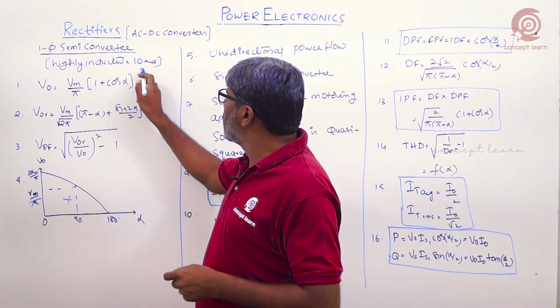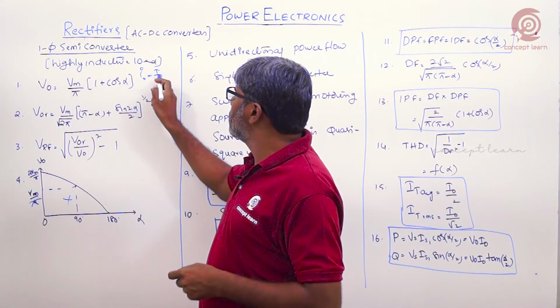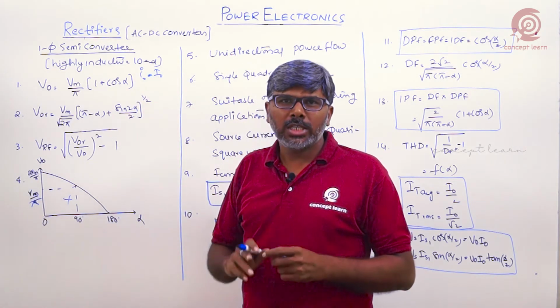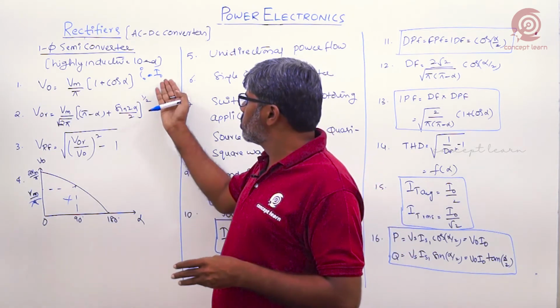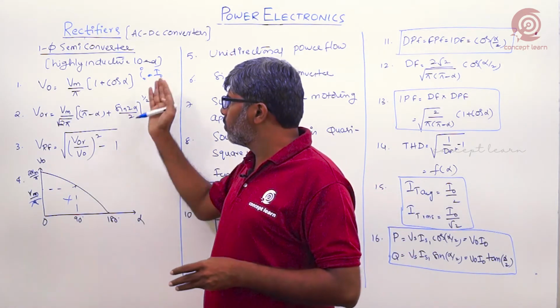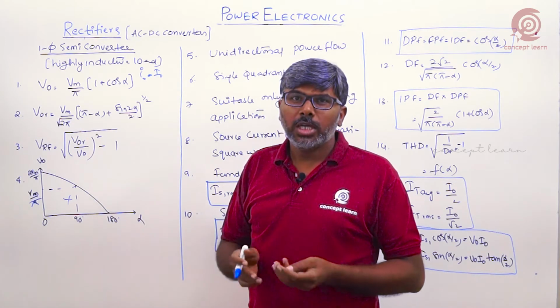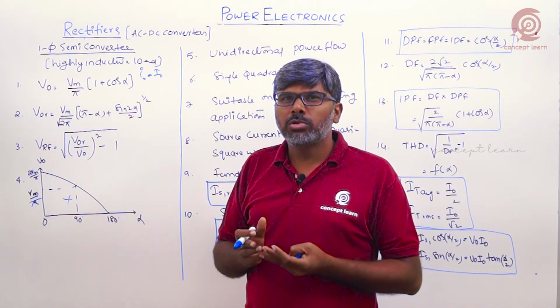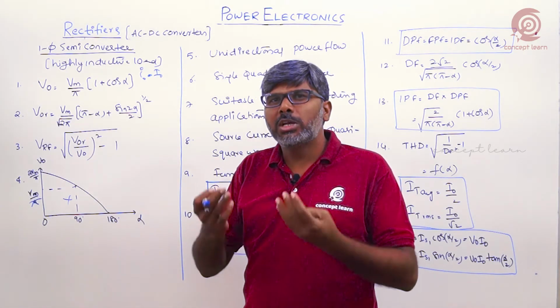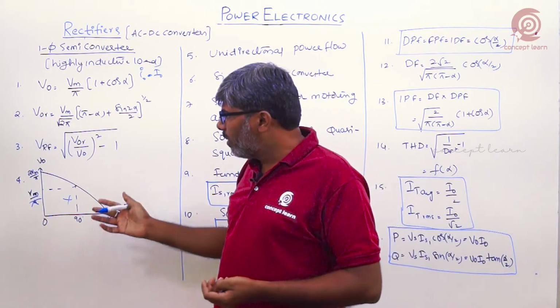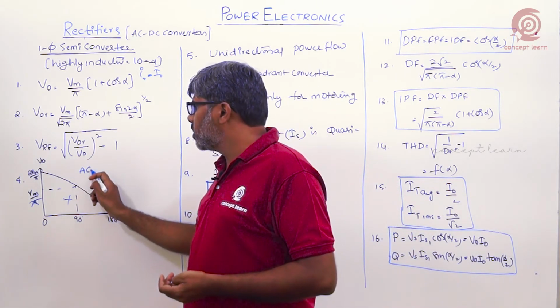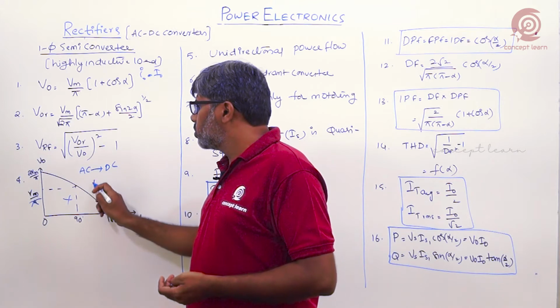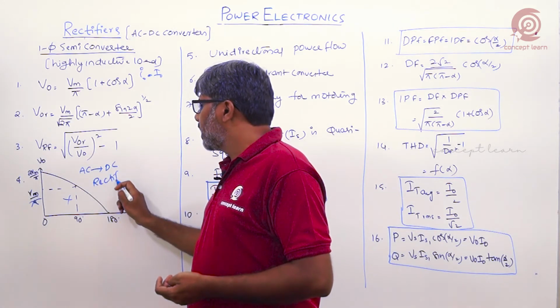And we know that load current is I0, continuous and constant, which has only a positive value. So positive voltage and positive current, the product of these two gives positive power. If load power is positive, it means that the load always absorbs power from the supply. So power always flows from AC source to DC load. So it acts as a rectifier.